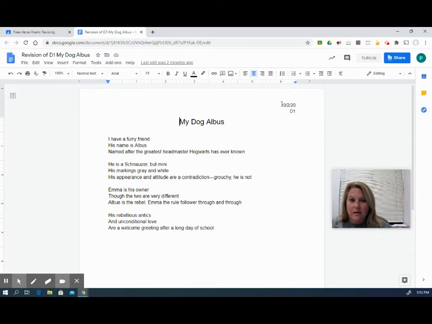I'm going to change the date because this helps me keep track of the growth of my piece. I'll be able to show that I have put in a lot of work and I have made a lot of changes, and it'll show how quickly I'm progressing through a piece. So I'm going to change the date, and today is the 6th. So I'm going to do that, and then I'm going to add revision